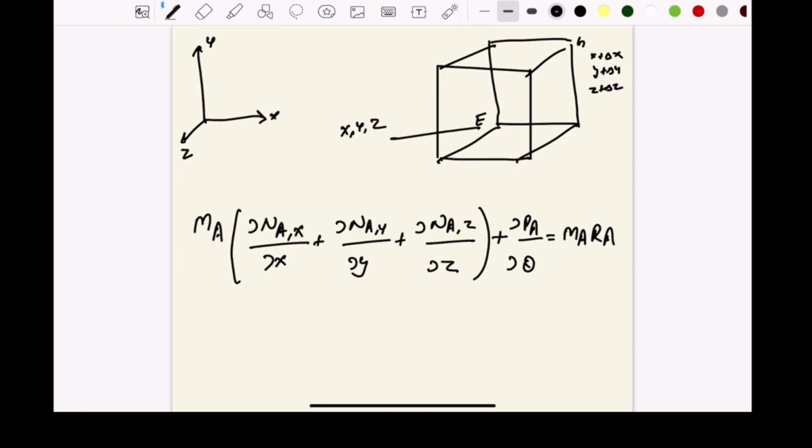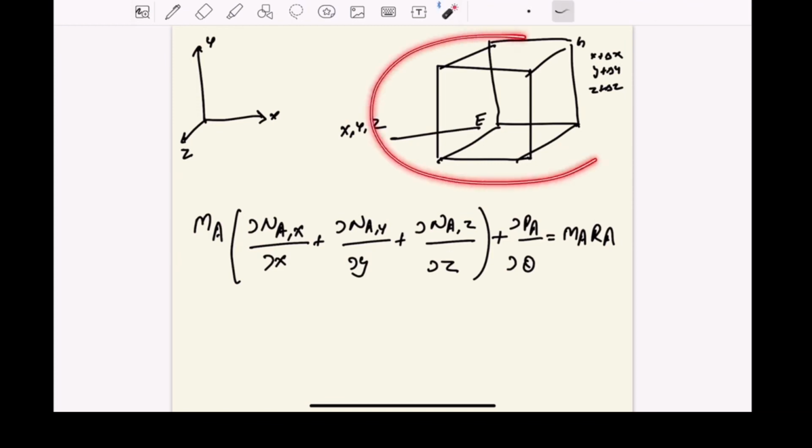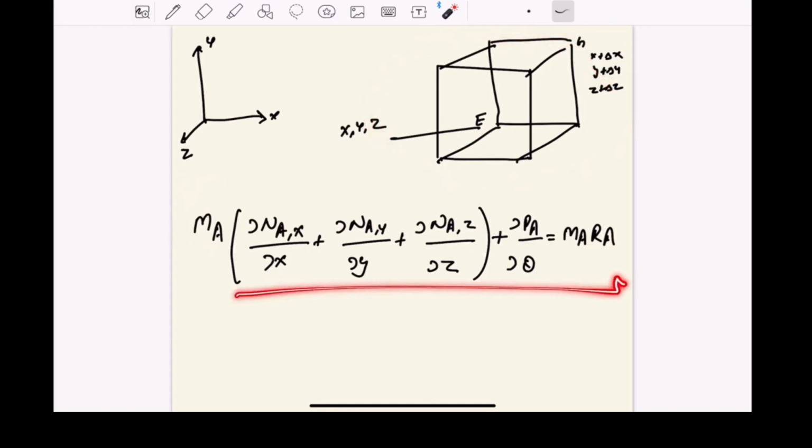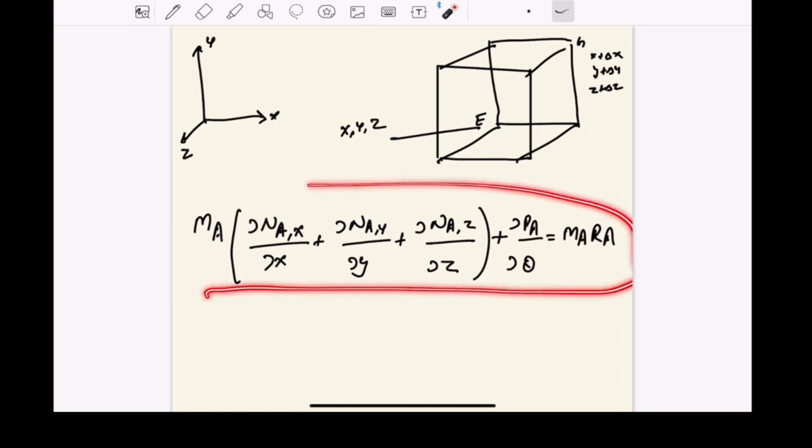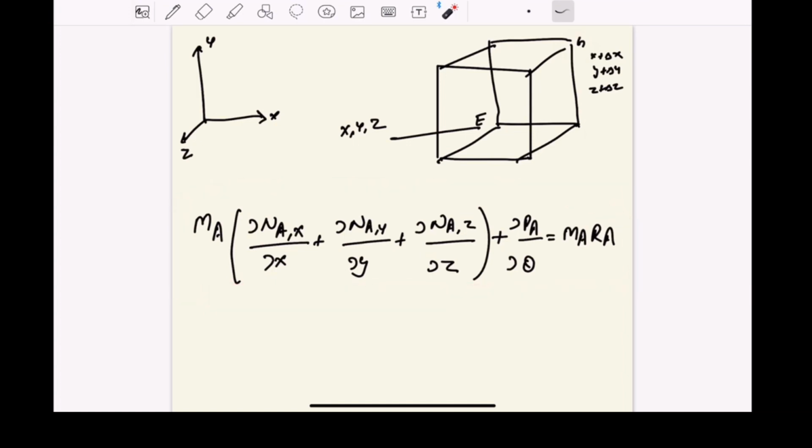So we applied a mass balance over a control volume for a component A. We take a control volume and apply a mass balance for component A. The mass is entering from this phase with the edge E and leaving with the edge G. So the resultant equation gives this expression: MA multiplied by ∂NAx/∂x plus ∂NAy/∂y plus ∂NAz/∂z plus ∂ρA/∂θ is equal to MA RA, where